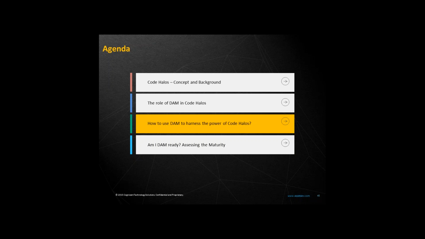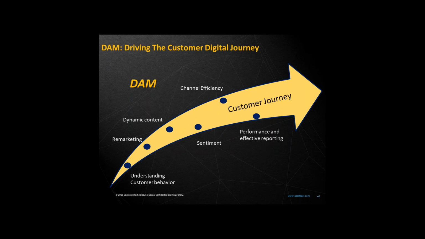If you look at the customer journey and their digital journey in particular, there are multiple touch points during the course of this journey, whether it's understanding their behavior, looking at how you can remarket that, looking at the dynamic content to deliver that remarketed message, taking advantage of or understanding their sentiment to drive channel efficiency, and then finally to do the performance and effectiveness reporting so that you're able to ascertain how to drive that customer journey to the successful conclusion. If you think about all of those elements of a customer journey from beginning to end, those elements and more, they're not just those, there's certainly more in a typical journey, you really need a centralized platform,